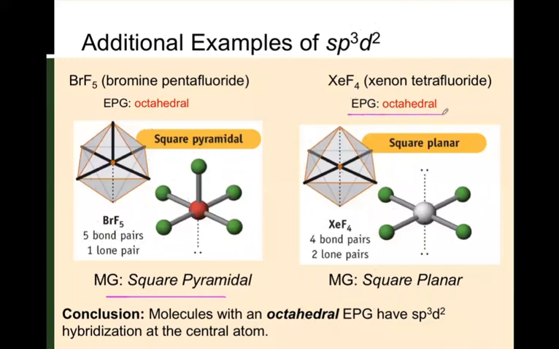Here we have on the other side xenon tetrafluoride. Earlier on, I asked which are the prototypical or the most common atoms which display this sort of extended valence, this extended octet, where they go beyond 8 electrons. And so xenon was given to me correctly as one of the potential atoms, as a central atom. So it likes to form these square planar complexes with fluorine, where it has 2 lone pairs and 4 bond pairs. And so it has the molecular geometry, which is square planar. So the conclusion here is that molecules with an octahedral electron pair geometry have sp3d2 hybrid